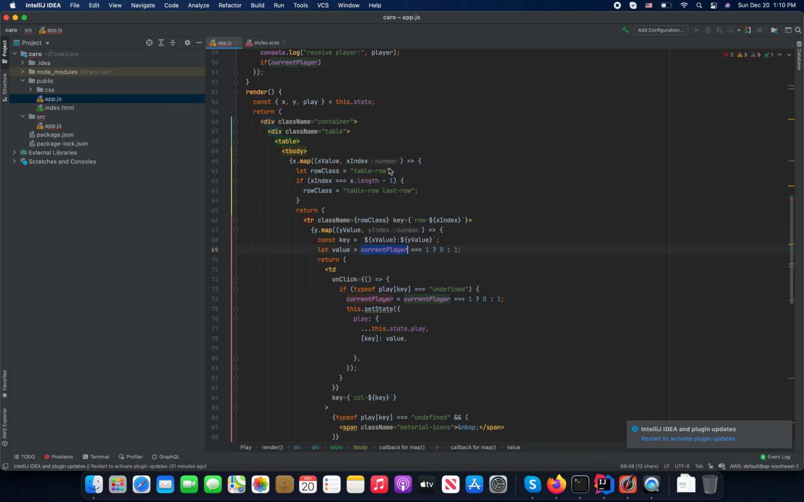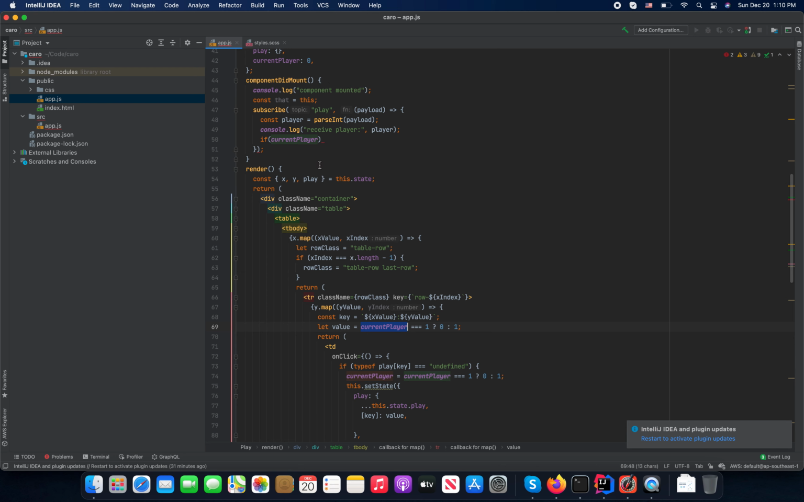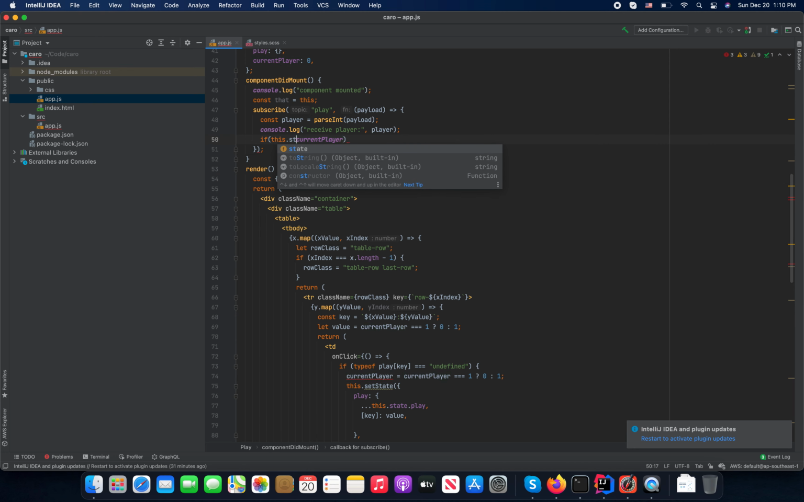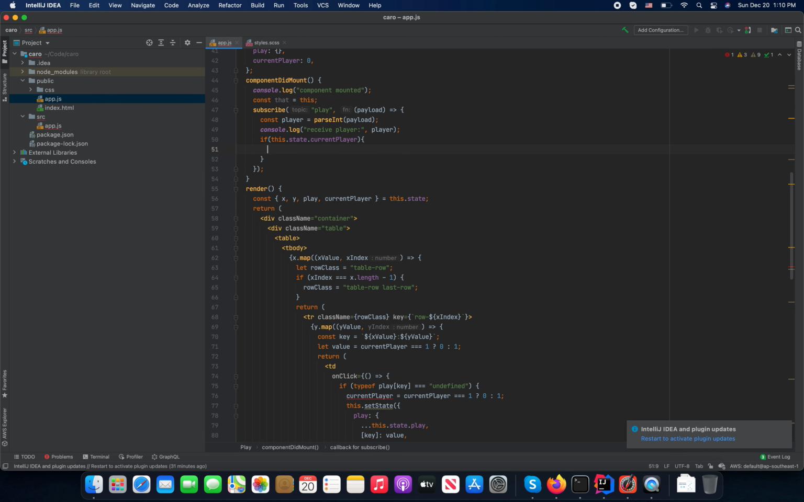Now this current player should be set via this. If this.state.currentPlayer equal 1, not equal to player, yeah, we can alert: you are not allowed to move, go. Let's play this time. Okay,